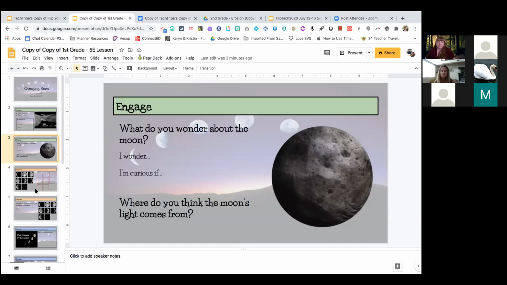So we also were thinking that you would have to teach this whole group essentially before you can actually make this a flipped lesson, because you have to teach your students the concept of the 5E model and how to interact with it. So make sure to, whatever grade level you're teaching, I mean, my high school nephew and niece had teachers who never used technology in the classroom leading up to this.